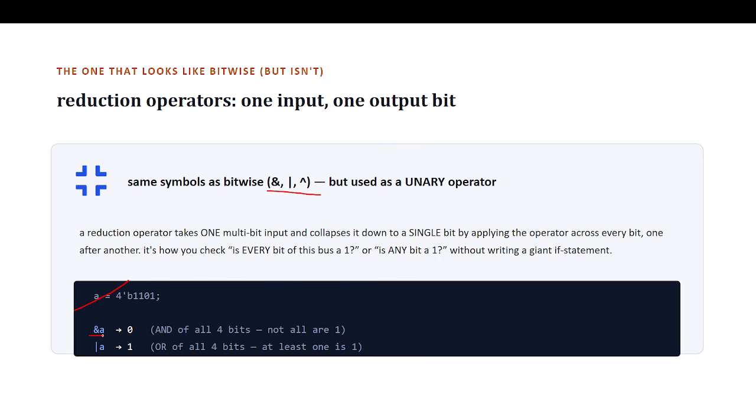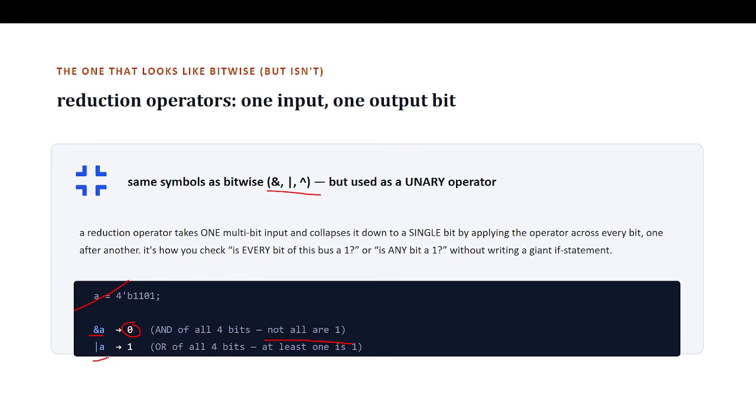Verilog effectively computes bit 0 and bit 1 and bit 2 and bit 3 all the way across. Since not every bit of A is 1, we are getting 0 as a result. You can see, if I write